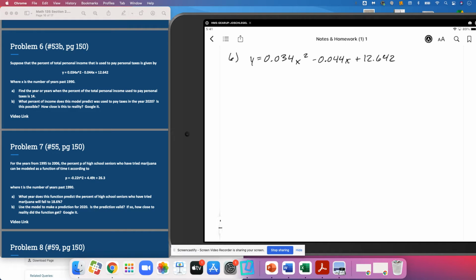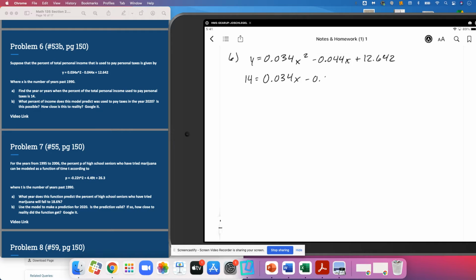We are asked to find the year when the percent of total personal income used to pay personal taxes was 14%. We do not need to change this to 0.14 because it's already described as a percent in the problem, so it's factored into that already. So what we need to do is replace y with 14,